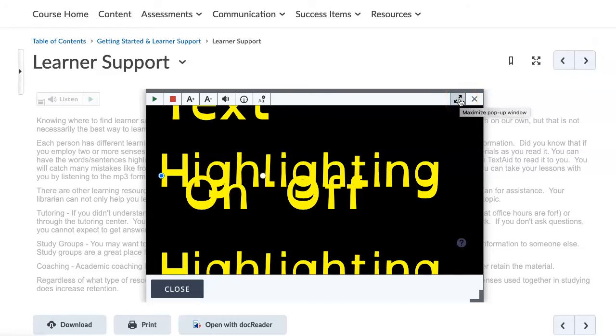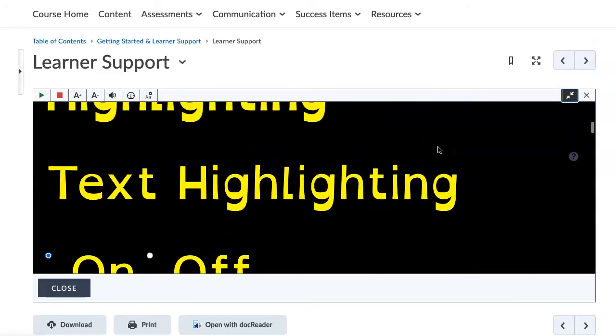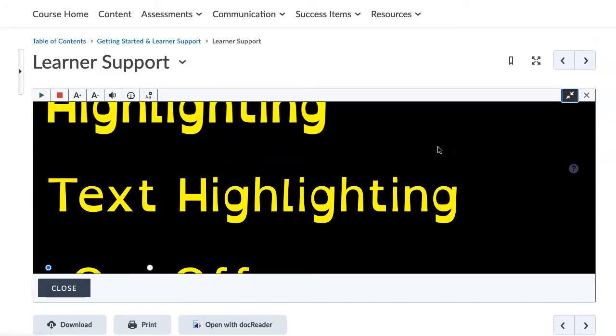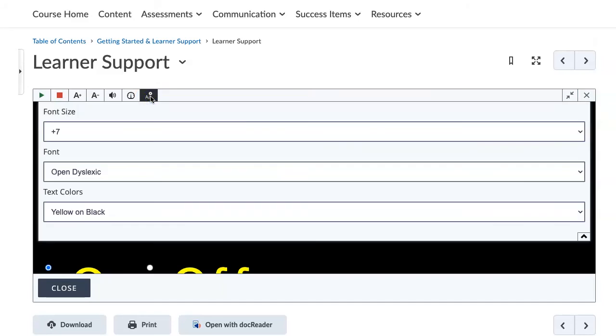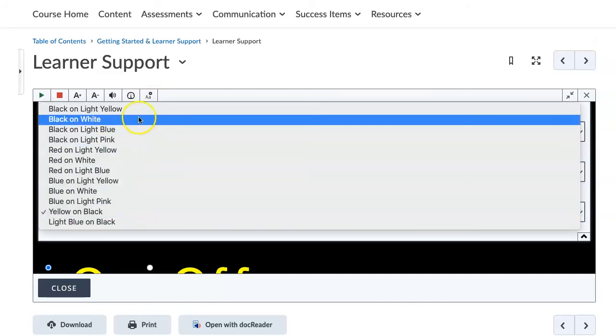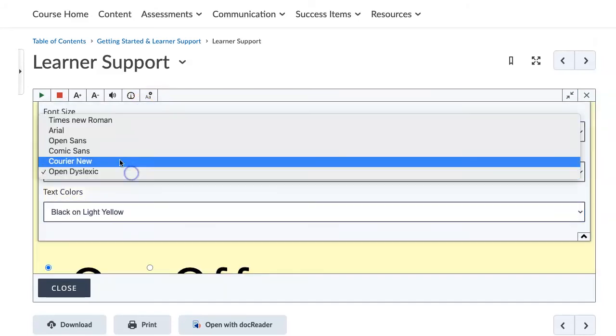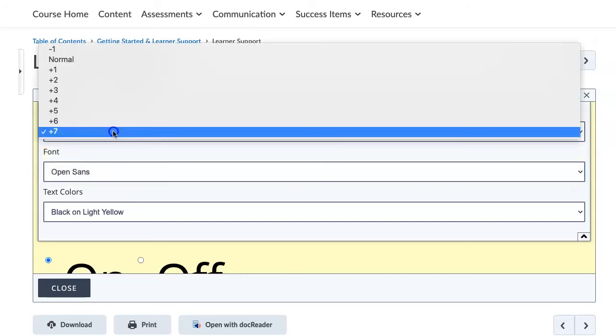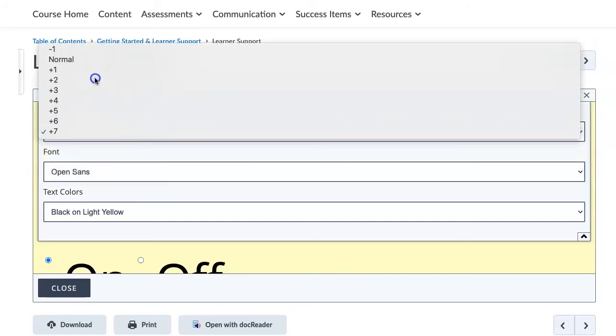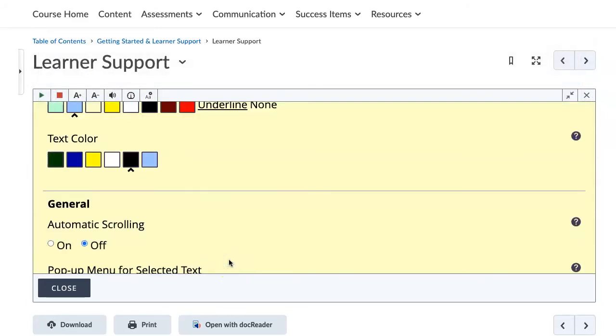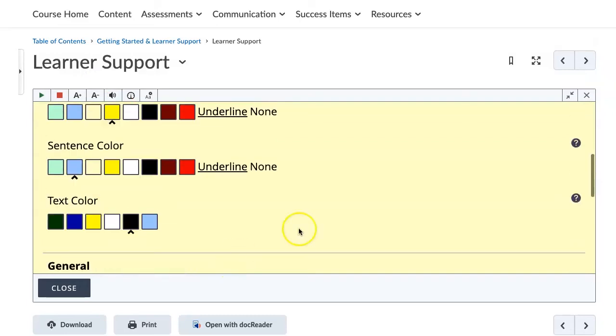In text mode, we can stretch the window so that that is no longer a case. And you can see the bolding or thickening of the text on each individual line. That helps those students phonetically sound it out. Now, that's a bit difficult for me to read, so I'm going to move it to black on light yellow, move this back to Open Sans, and put this back on a +2 font, and we see the screen in this manner. Notice this particular menu bar is on all text blocks.